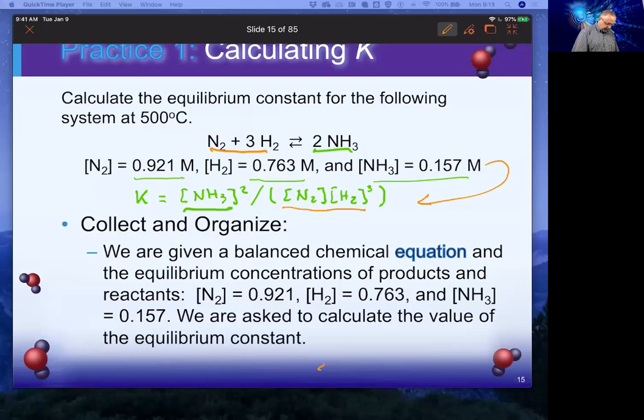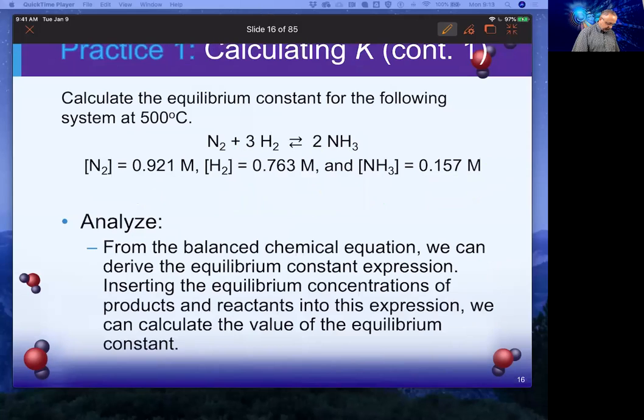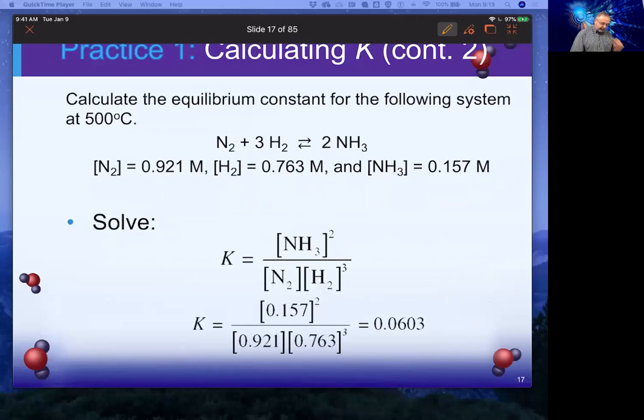Okay, so let's do that. Here's the K that I wrote before, and here's the substitution. Do not forget the exponents, because that's a common mistake. Most people go up to this point, and when they substitute, they forget to put the exponent. They're so focused on putting the concentrations into the right places that they forget the exponents. Once you have done that, you can multiply and operate that mathematically and obtain a value,